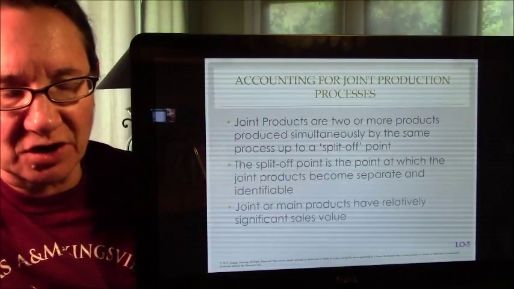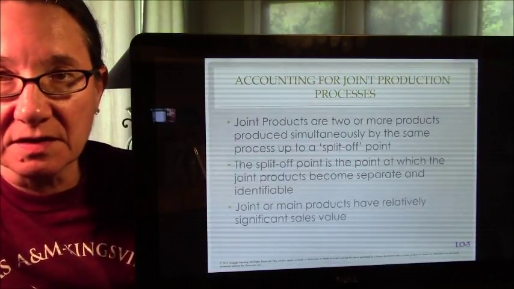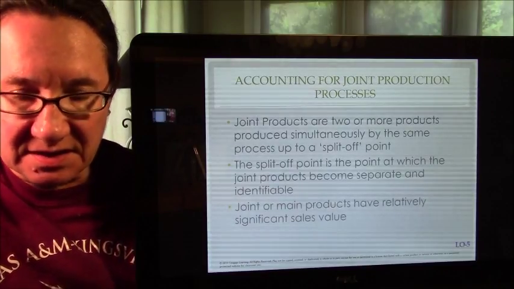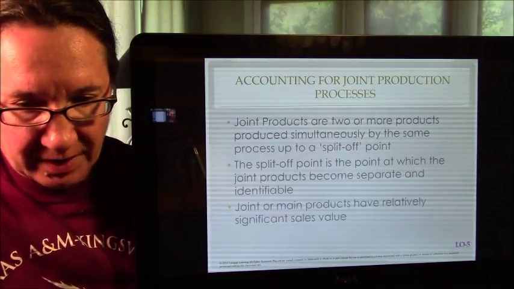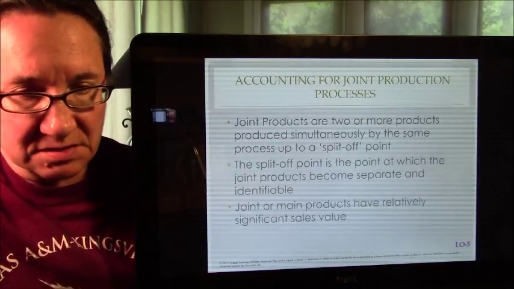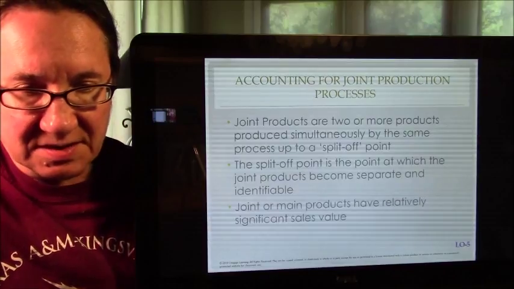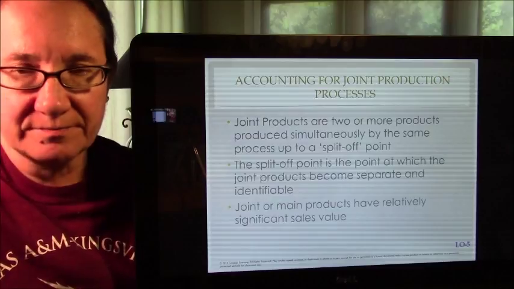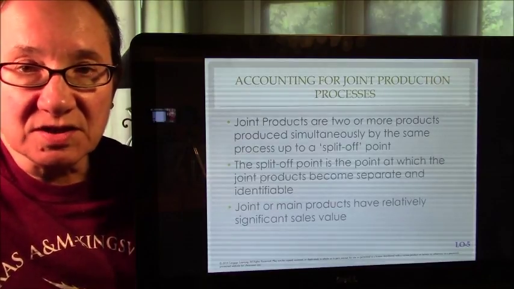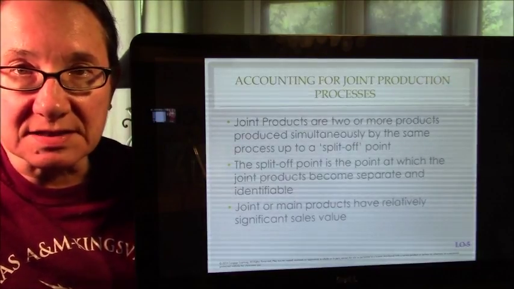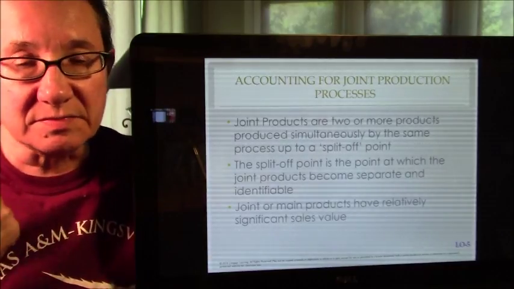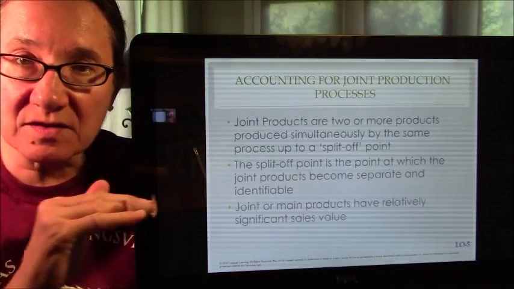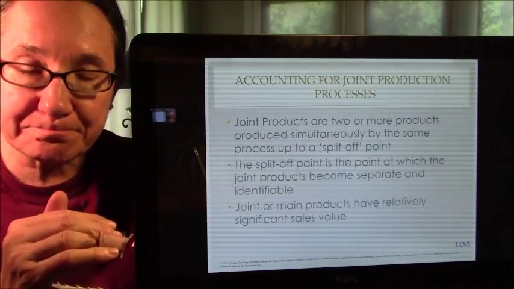Joint processes are when more than one product gets some resources from the same place. So I always like to think of the example: you have a dairy farm and you go milk the cows, and so you've got costs up to that point, feed for the cows, workers on the farm, the barn, the buckets, right? Once you get the milk in the bucket, you're going to take it and process it, and it's going to become skim milk and cream and butter, and all these costs up to that point of it getting in the bucket